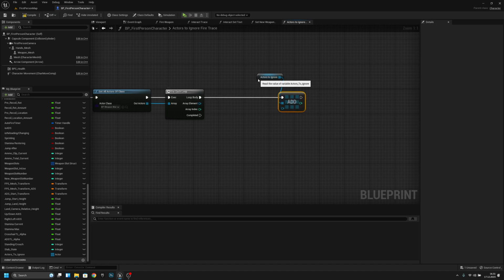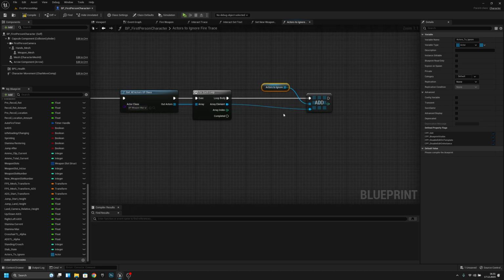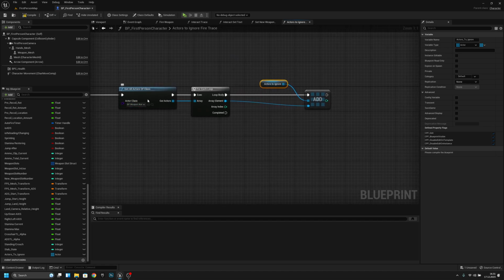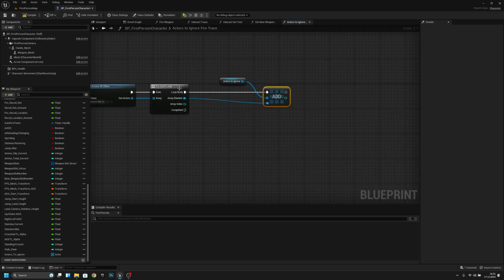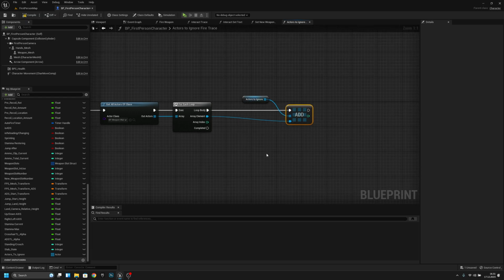So it adds every array element to there. So it runs through all these actors, and it adds every one of them that it finds to this list or an array. So yeah. Now what we want to do, we can actually close this, and